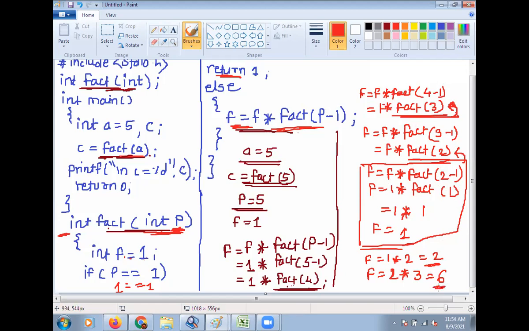Again this 6 value goes to this part of f. So 6 into 4, you will get 24. Then into 5, you will get 125. We'll see first the code. I will write the code.